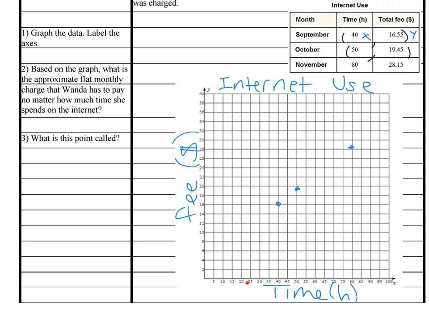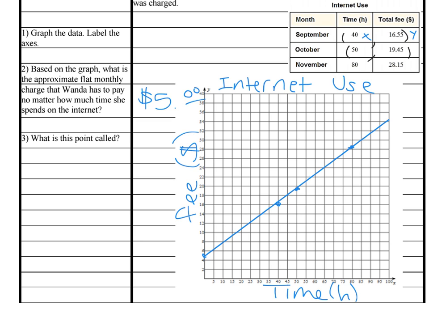So that's referring to our time being, if our time is at 0, how much is it going to cost? So it would be somewhere in here. So if I draw my line, it looks like it would be hitting right about here, so maybe about $5. So to answer this question, $5. Now the next question